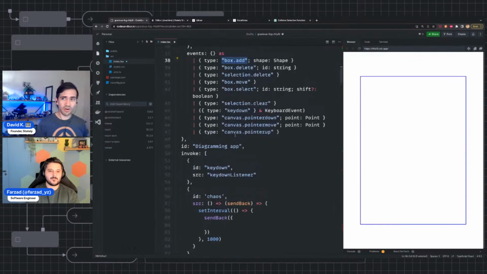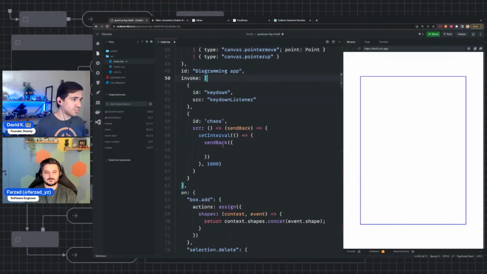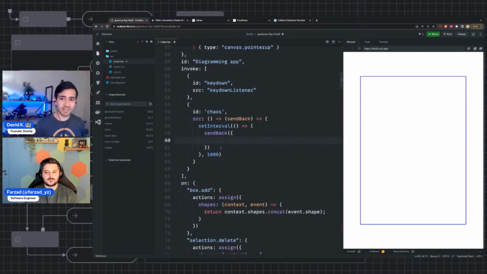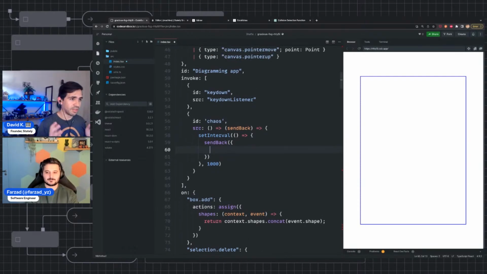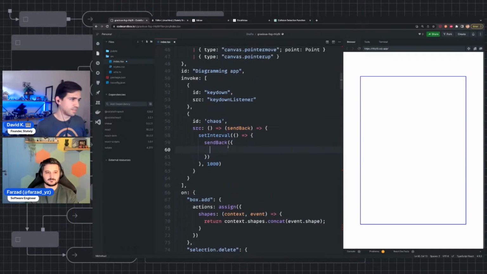So if you're hard coding all of this inside your event handlers or your use effects in React, and then you have a requirement that comes in that says, hey, we want you to be able to programmatically add these shapes from anywhere, it's not easy to do. You basically have to find some way to extract all that logic out. But if you do it in an event-based way, then you could literally do it anywhere. It's just an event. To my knowledge, this is how TL draw works, just using events and updating state via events, or close enough, right? Steve could correct me if I'm wrong. So we're going to send back